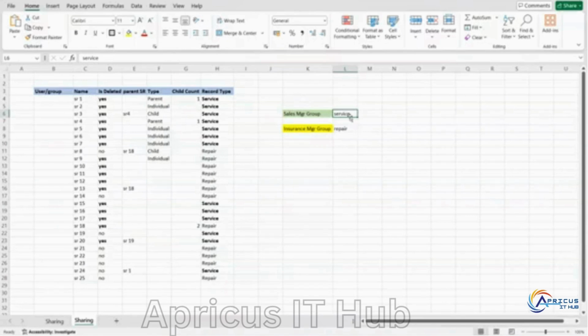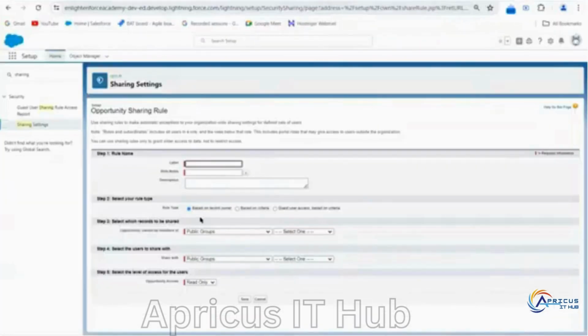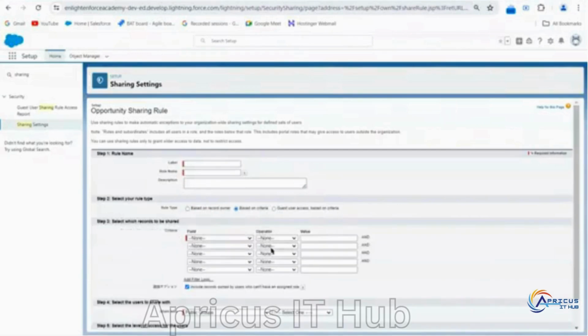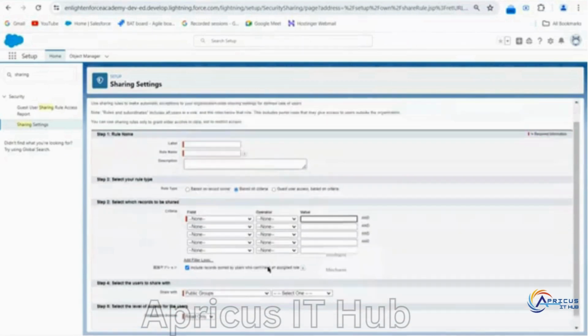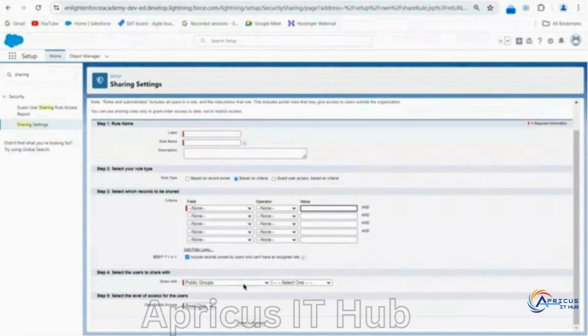So here my criteria is that the records which are of record type service should be shared with the sales manager group. So what I need to do here is go to criteria based. I have to select where the record type is XYZ, or whatever criteria you want to add, and then share with which public group you want to share. You can select the name of the public group here, and then what level of access, read or read write, correct? That's the way you will write one sharing rule for your sales managers and another sharing rule for your